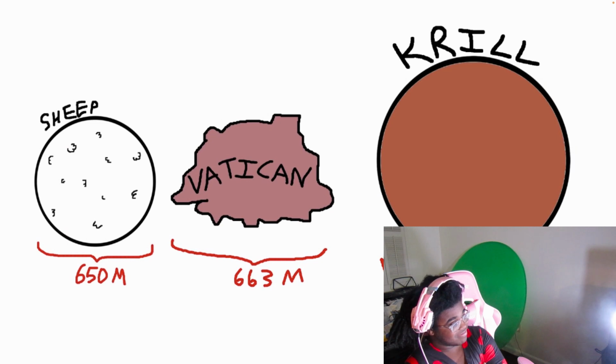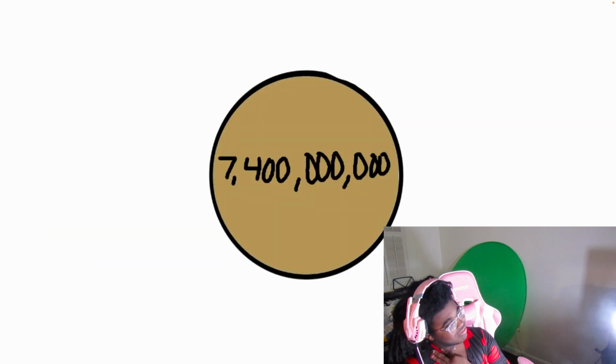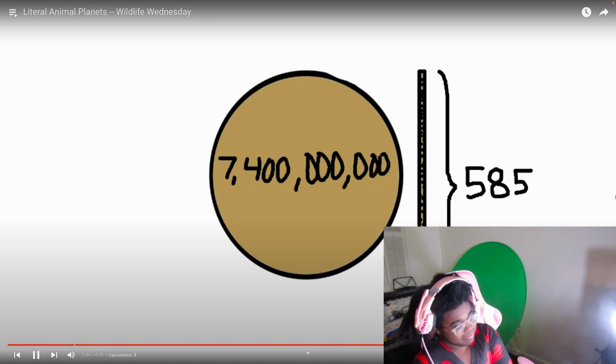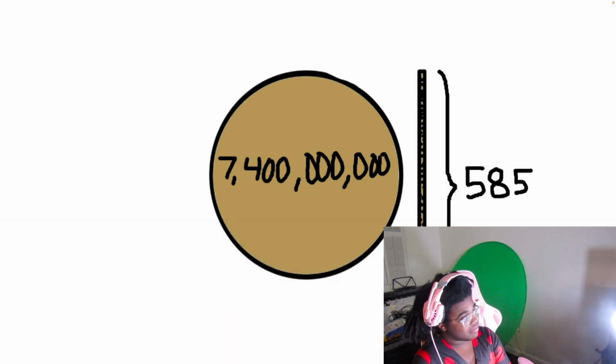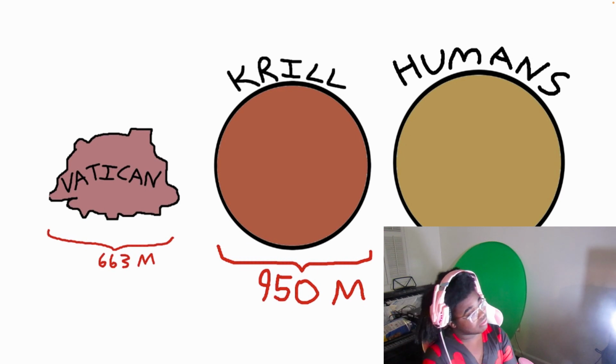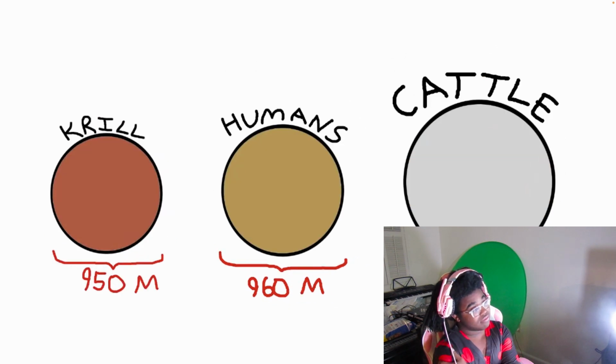Near the top of our list is the Antarctic Krill Planet, which reached about 950 meters. The People Planet was just a smidge larger at 960. Interestingly enough, despite the fact that there are 7.4 billion people, now it's 8 billion, in the sphere, it would only take 585 of them stacked toe-to-head to reach the height of the sphere. Anyway, you'd think the human planet would be the largest, since for our size we're so disproportionately represented on Earth. However, our largest planet is actually due to our giant population, as well as our voracious appetite. The Cow Planet, you see, is at a diameter of about